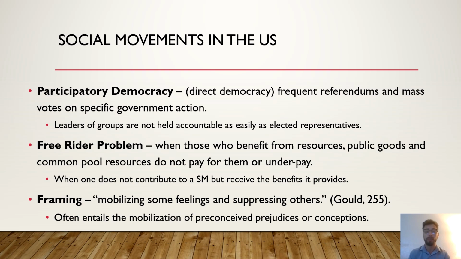In the United States, we do not have true participatory democracy, and instead we have representative democracy, which requires a degree of participation by individuals to access and maintain accountability of our representatives. We see when in participatory democracies, leaders of groups are oftentimes not held accountable as easily as elected representatives. So we participate in a representative democracy to ensure accountability of representatives. As we see, we do not have a direct democracy within the United States.